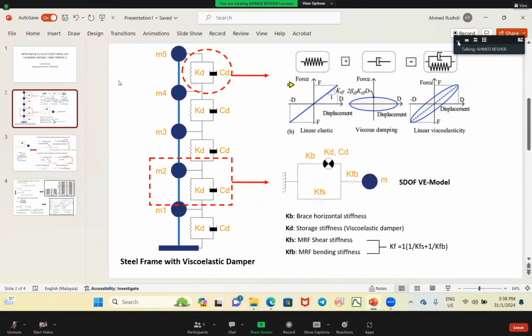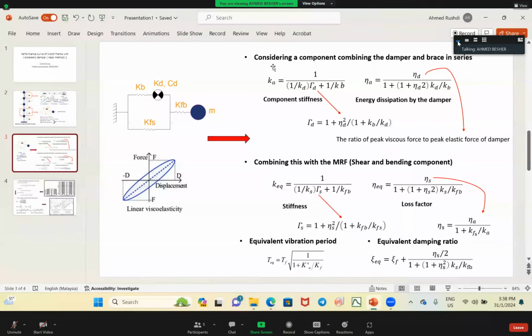Then I found how to get the component stiffness of the damper and the press, only for the damper and the press, using this formula. This is the stiffness, and this is the energy dissipated by the damper. After getting the stiffness and the energy dissipated of the system, the press and the damper, we can combine this with the multi-story frame to get